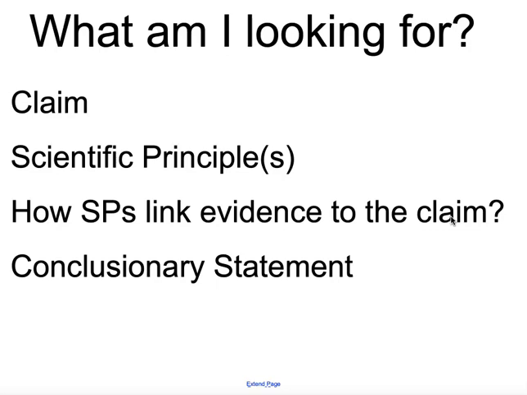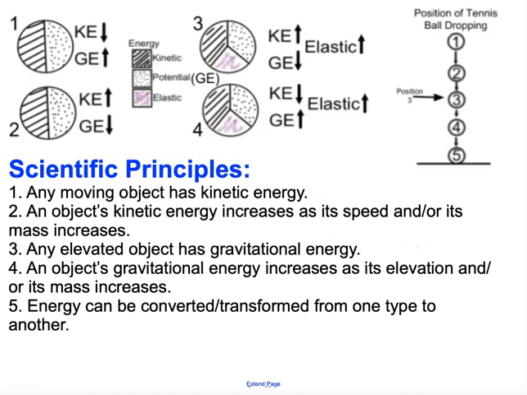So which one do you want to do first? Let's just start in order with number 2. So you might say, scientific principle number 2 says an object's kinetic energy increases as its speed and/or its mass increases. So copy and paste that into yours. Now you have to do the